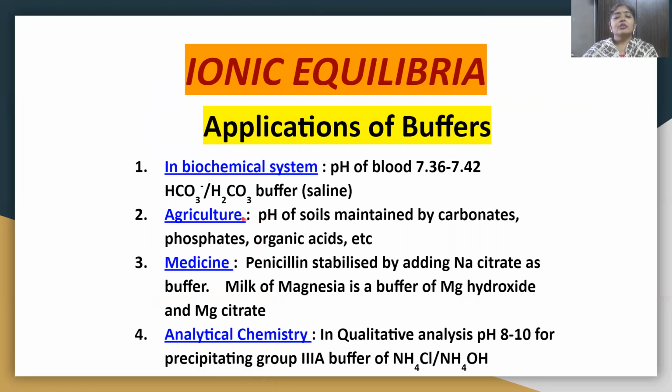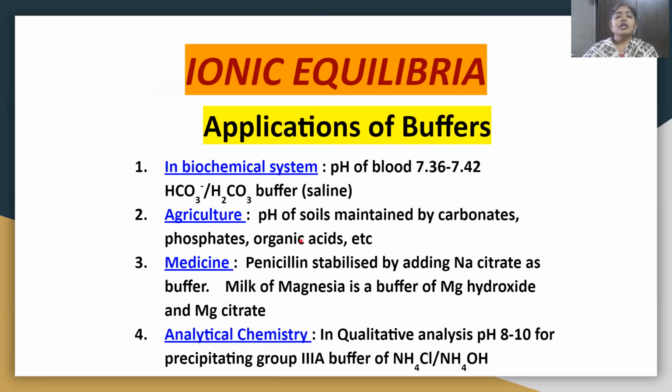Okay. Similarly, in agriculture, when we want to grow crops, soil testing is generally done. So what is done when the soil is tested is we find out the pH of the soil. And suppose the pH is not suitable for that crop to grow, either it is too acidic or too basic, then you cannot just throw away that land, right? So what you have to do is adjust the pH, or bring the pH back to what is required. And this can be done by addition of fertilizers which contain carbonates, phosphates, nitrates, organic acids, etc.